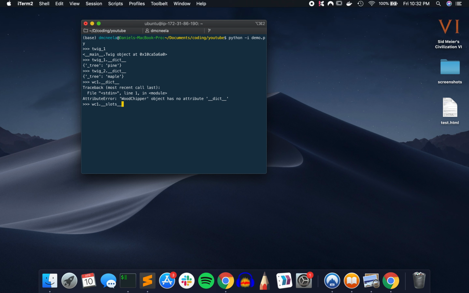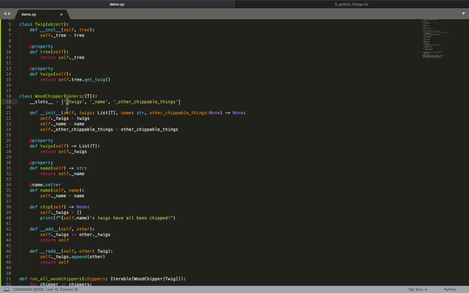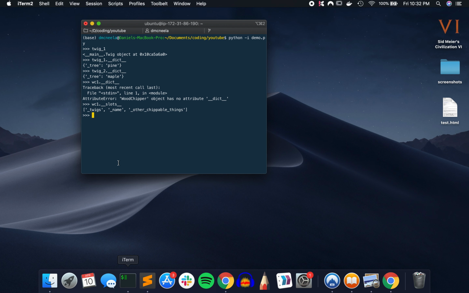Slots is just a list that holds the allowable attributes for the class. So when you use slots, you have to define all of the attributes that are going to be used in the class ahead of time. And what this does is it saves on memory and performance when you use the object. So let's say you were going to create 1,000,000 wood chippers. You'll actually end up saving a lot of memory in Python, and your class will be more performant if you use slots,